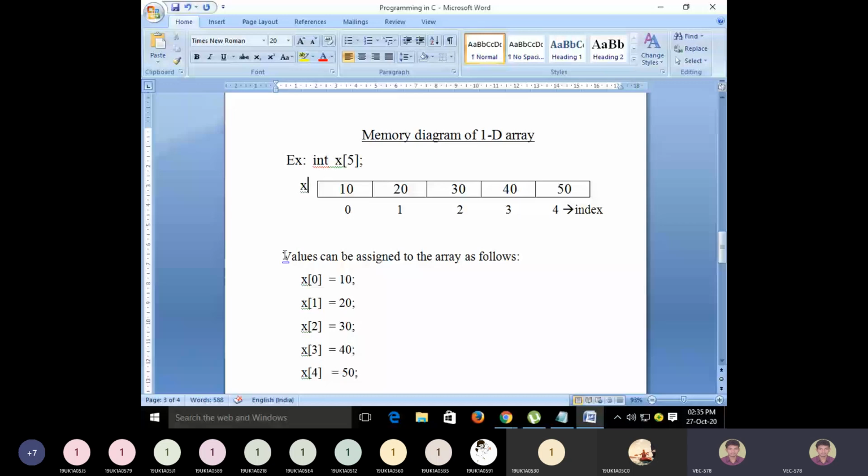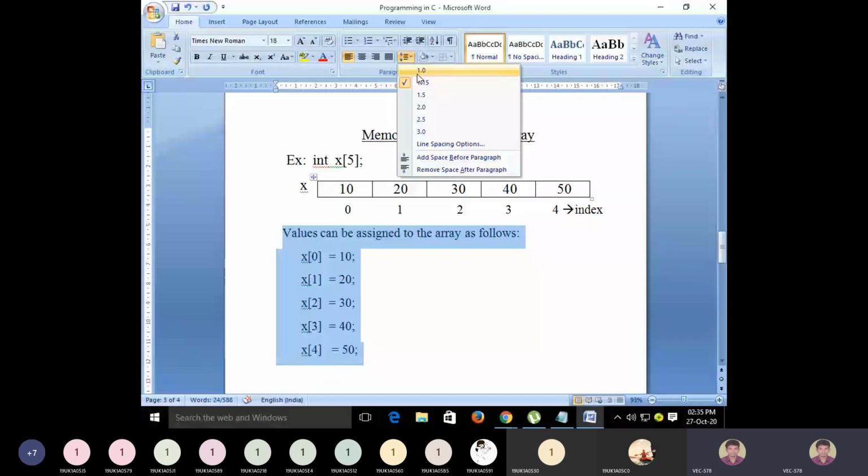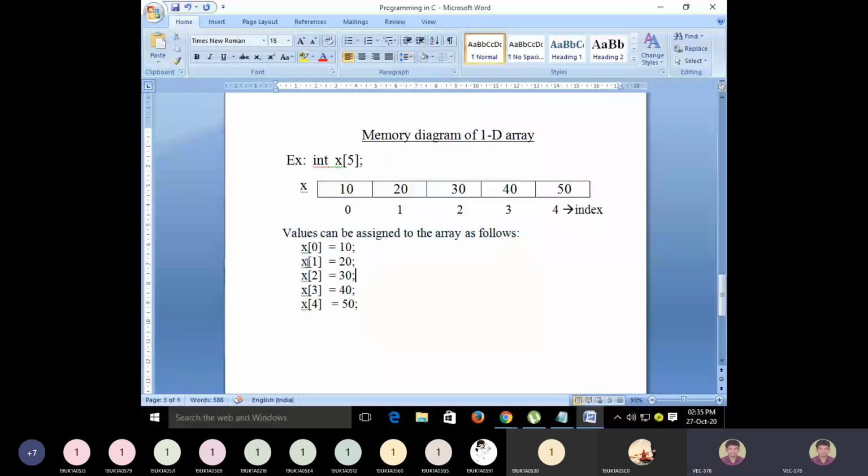Clear? So this way we can assign values to the array. Now what we are doing here is declaring the array at one place and then assigning the values at another place. Sometimes you want to initialize these values at the time of declaration.